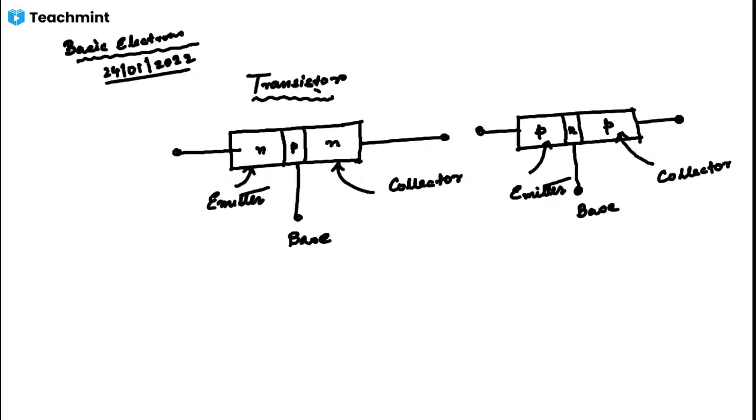Either this is a p-n junction or this is another p-n junction. So how am I doping a crystal diode in such a way that two p-n junctions are formed? One is this p-n junction, another is this p-n junction. So that resultant device is called a transistor. A transistor is an entirely new type of electronics device. It is capable of achieving amplification of weak signals in a fashion comparable and often superior to that realized by